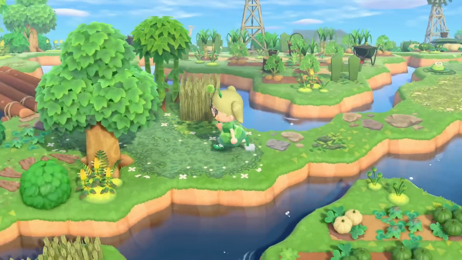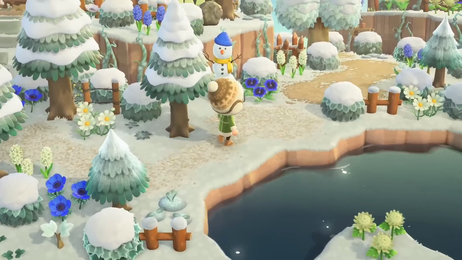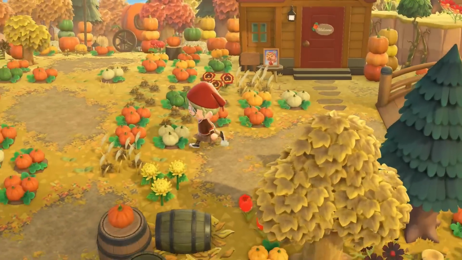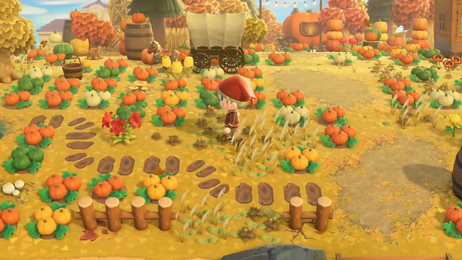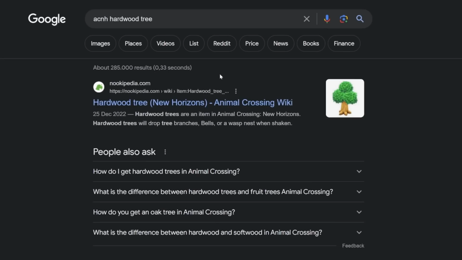So in my island planning process, I try to think about the season that I would like to play in, and also what types of trees, shrubs, and flowers I want to use. And they're a big part of the final vibe, so I do try to bring them onto the mood board in this step. For trees, I will go and search up each type, like ACNH hardwood tree, and then